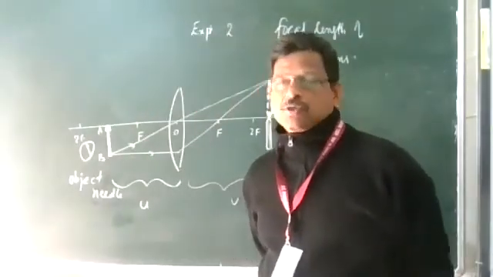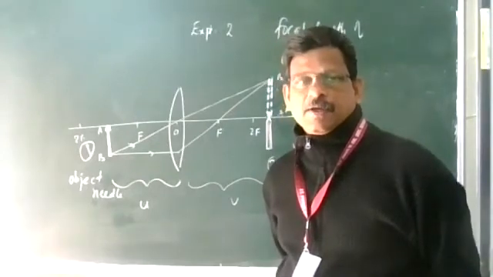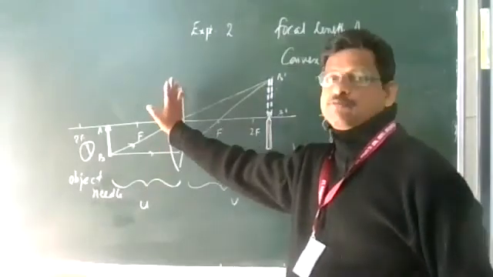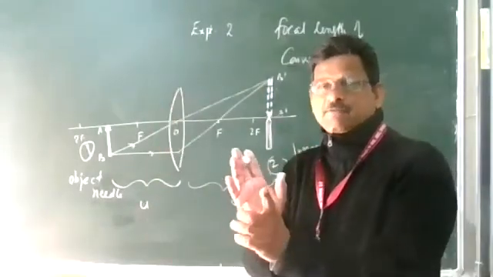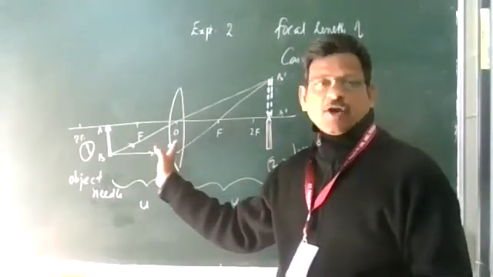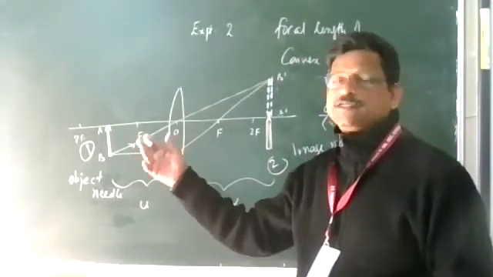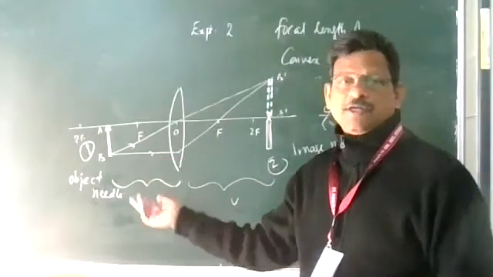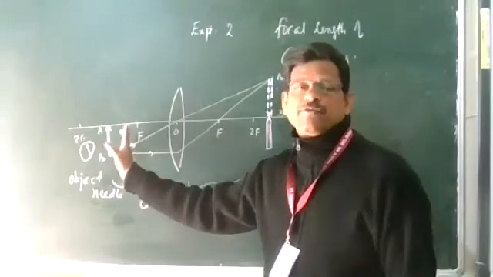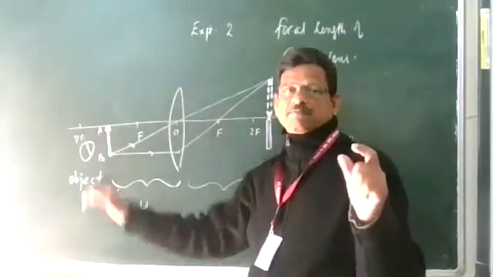So parallax, I am going to explain this again. The lens is mounted on the stand on the optical bench. The approximate rough focal length is 15 to 20 centimeters. You can also calculate it by focusing any distant object on your screen and finding the distance between the screen and the lens. And we have to place the object needle beyond that.